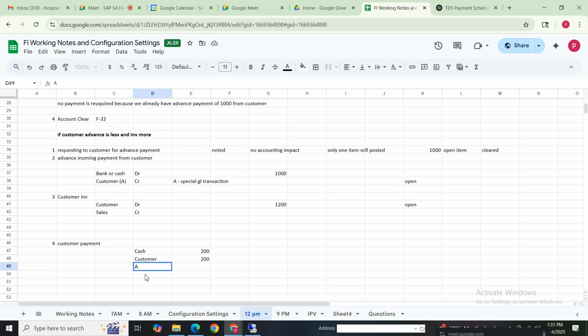Under open items, process open items, we select the advance also, the 1000 rupees. You agree? Am I confusing you, or is that okay?